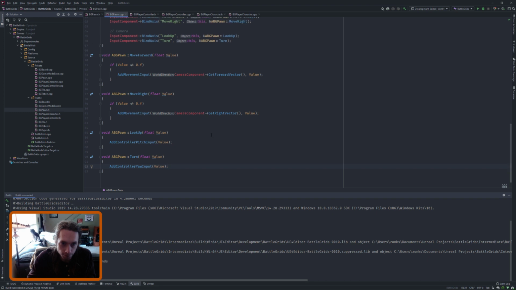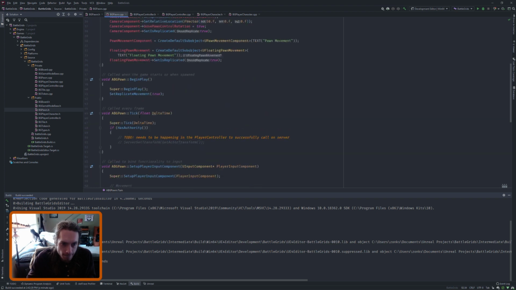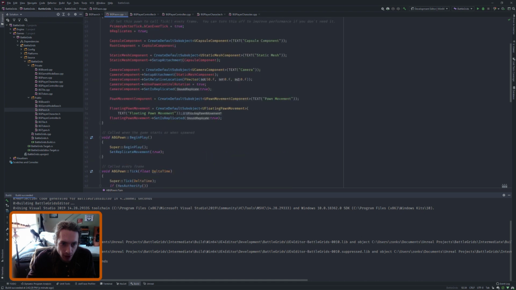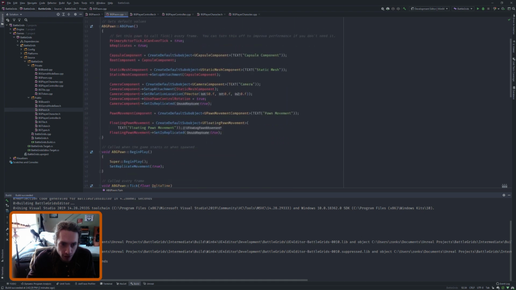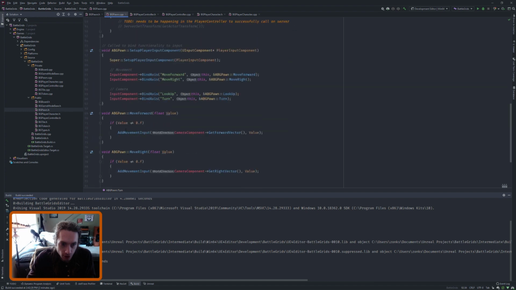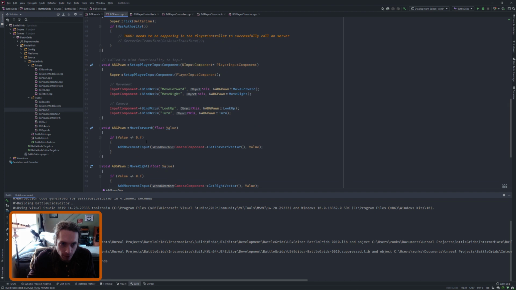We'll deal with that later. So this replicate movement's not working. What was I going to do? Rather than add movement input, I was going to